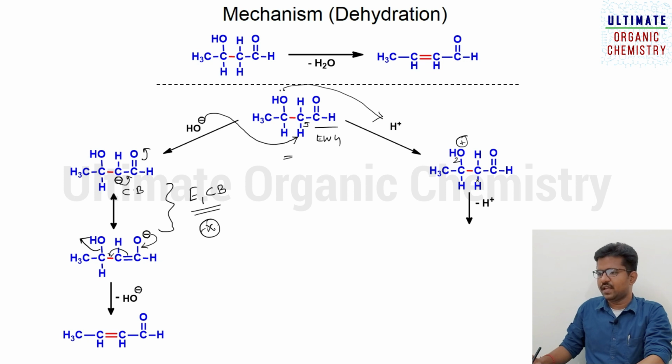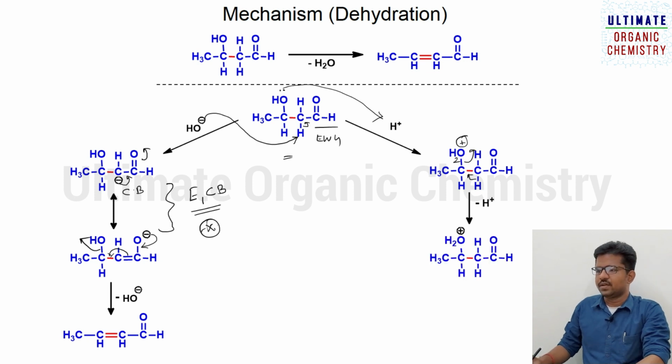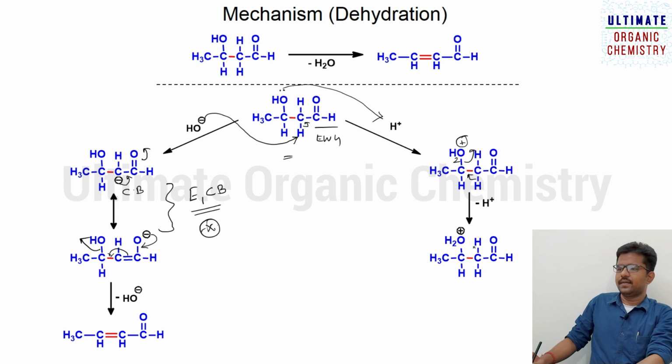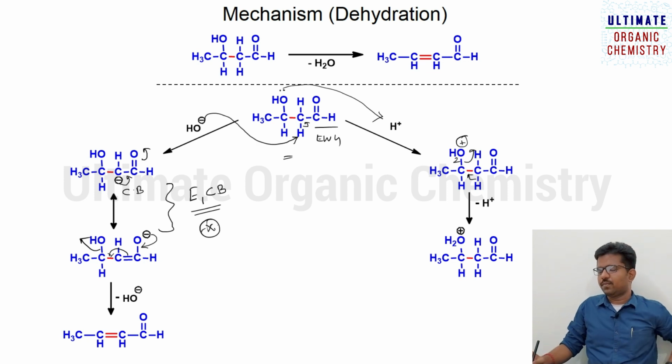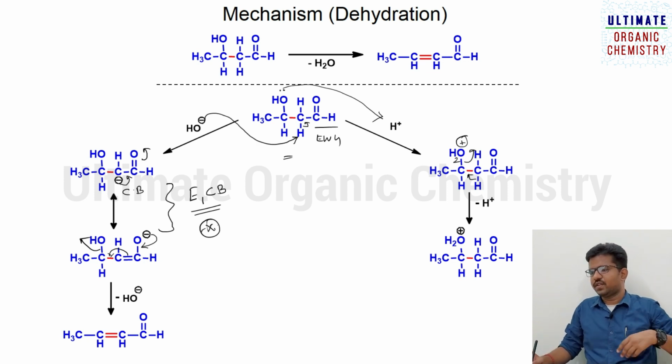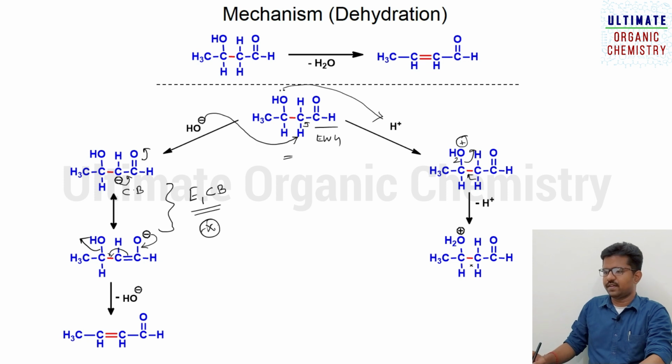The hydrogen will be leaving as hydrogen plus, and this water molecule will be leaving. So this will be forming. I'm sorry, I have given one more step extra. So directly it goes to the formation of this type of intermediate. Once it is formed, it will leave as water molecule and the H plus.